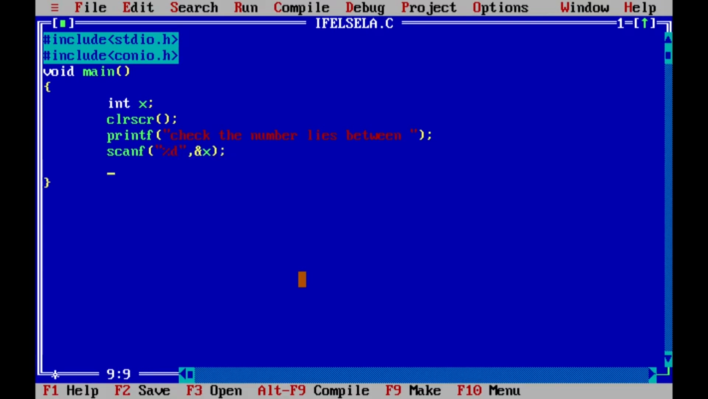Now we are going to apply our if else ladder. I am putting the first condition, if x is greater than or equal to 1, here we are taking the AND operator, and x is less than or equal to 10, so we print that number lies between 1 to 10. Then else if,